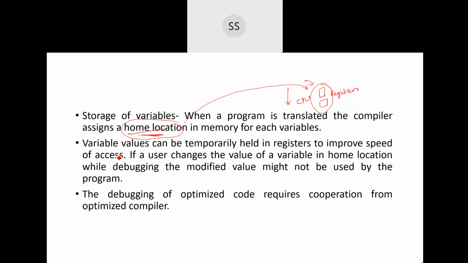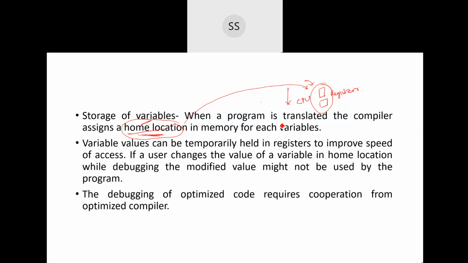So when debugging, when we make a change in the home location, that particular value will not be available in your registers. Why? Because I have already taken that instruction from my memory, I have decoded it, and I have stored the values in my registers for immediate access. So why should I keep going back to check? If I have already taken what I need in my hand, I will not go back and look. But when debugging is taking place, the correction is taking place in the home location. So that causes a lot of inconsistency.